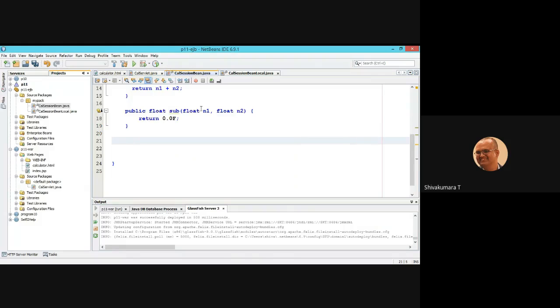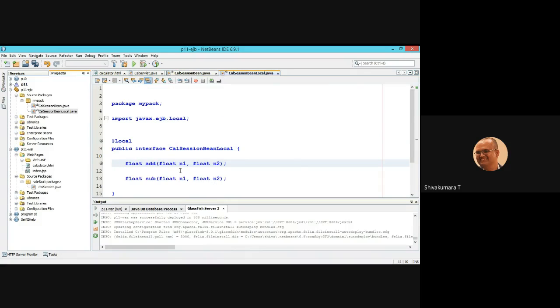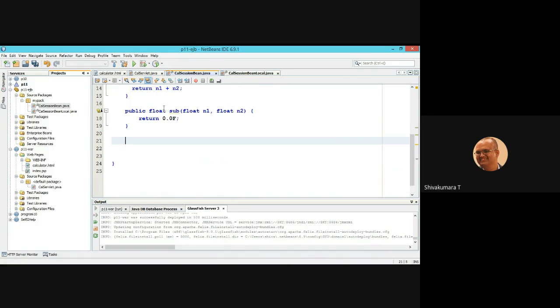The subtraction method is defined, and the corresponding interface method is added here. Now what are you going to return? n1 minus n2. n1 minus n2, and override the method.